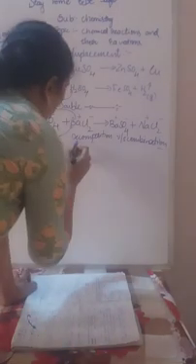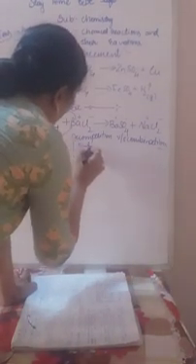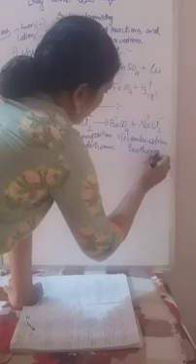But today there is one more reason why the decomposition reaction is opposite to the combination reaction. Decomposition reaction is called an endothermic reaction. Keep that in mind. Decomposition reaction is an endothermic reaction, but the combination reaction is an exothermic reaction. So why is decomposition opposite to combination? Decomposition is endothermic, but combination is exothermic.